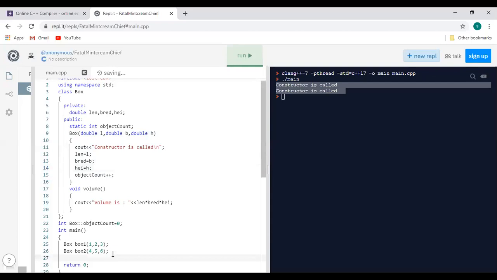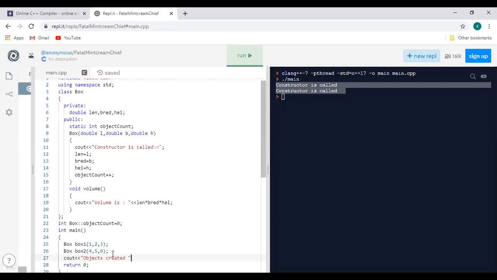Now display that static variable, object count, objects created. Guys, the static variable is object count. Check how many objects are created, because inside the constructor we increment that static variable, so it will increment as each object is created. When the constructor is called, when the object is created, we get the total number of objects created for that particular class.